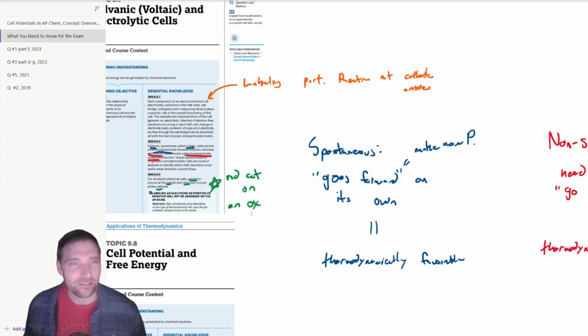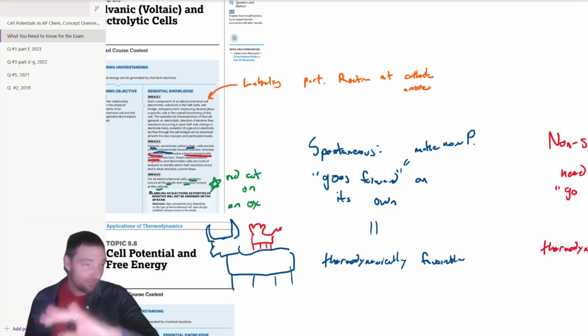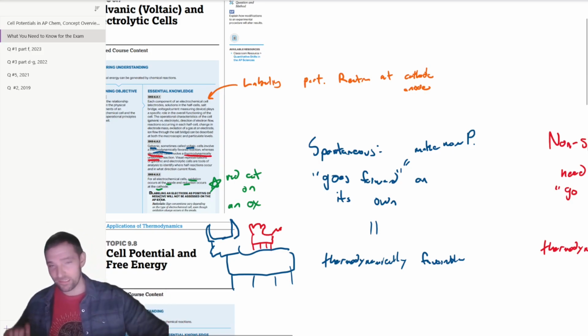You can imagine some sort of red kitty cat sitting on some sort of ox. So there's some sort of horned creature here, and we've got our big bulky ox with a red cat on it. That might be enough for you, but we'll get some AI images to make this really clear. You do need to know where the oxidation is and where the